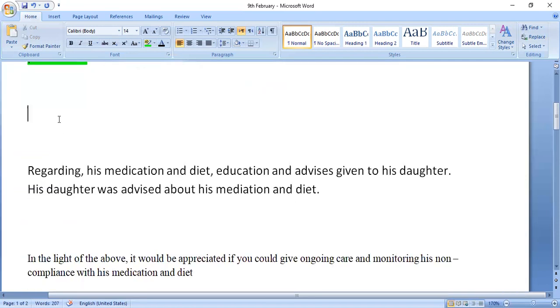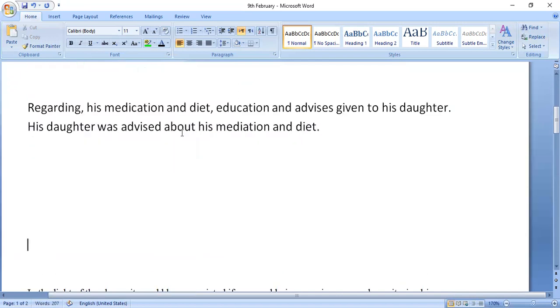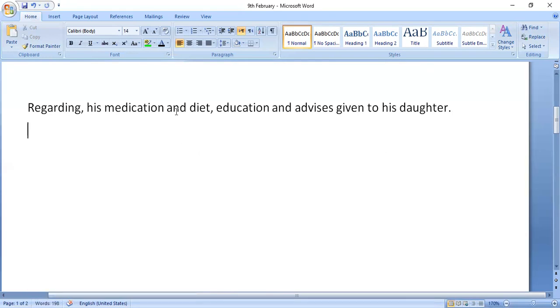So let us now discuss this sentence. Next sentence. So regarding his medication, diet, education, and advices given to his daughter. Myocardial infarction, diabetes, okay. TB, if you are writing TB as an abbreviation, we will write T and B in capitals. If you are writing the complete word, pulmonary tuberculosis, then we will write it in small letters, okay. So this is a patient, the patient is a father